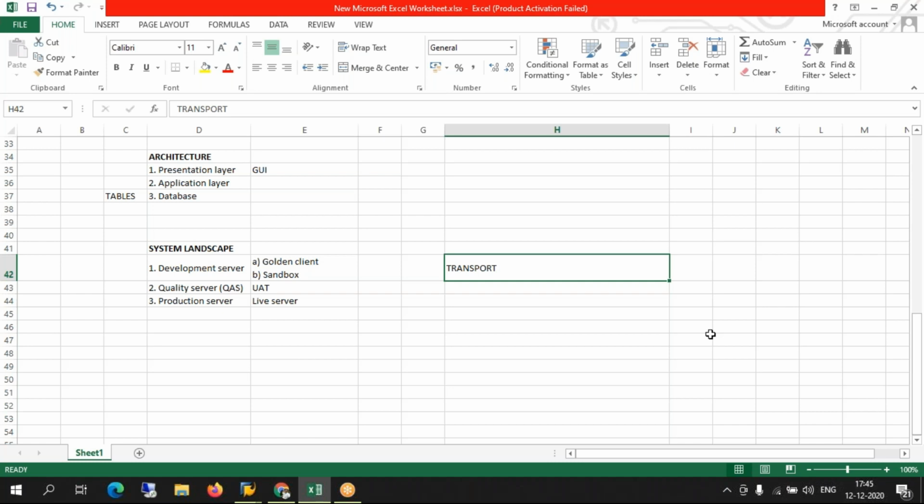Yeah, that's true. The consultant will never have access to the production server because that's a live server. The live server is only meant for the user to perform their transaction. I have access to the quality server because sometimes they tell me, can you check on the quality before I go back to the production and see what's going on? Yes. So as a consultant, you will never be given access to production. Never. When you go live, access will be given only to the end users. Access will not be created for the consultants.